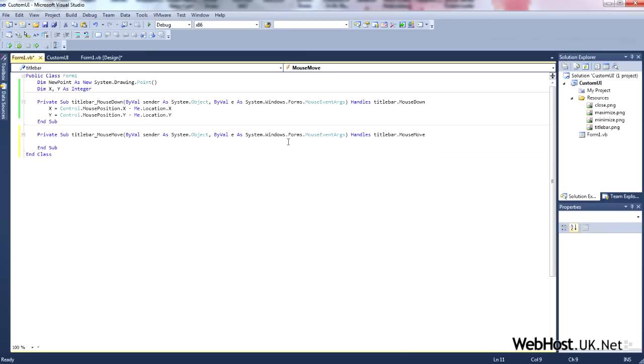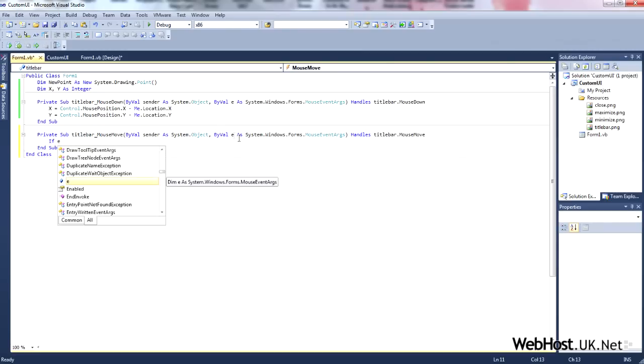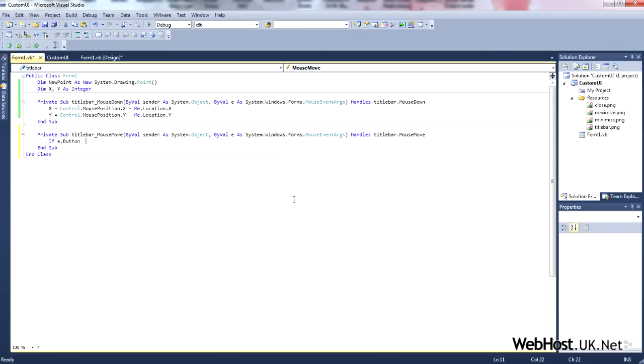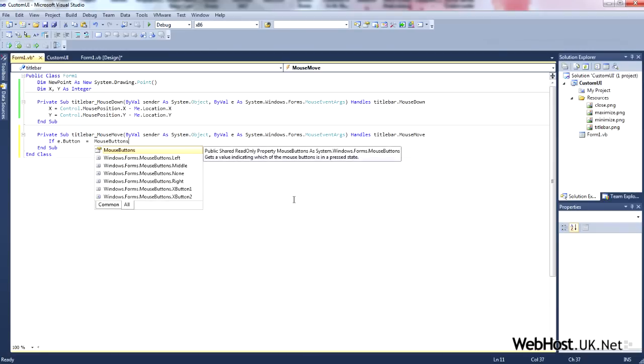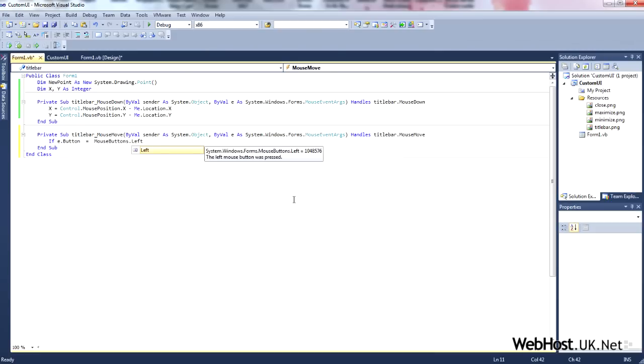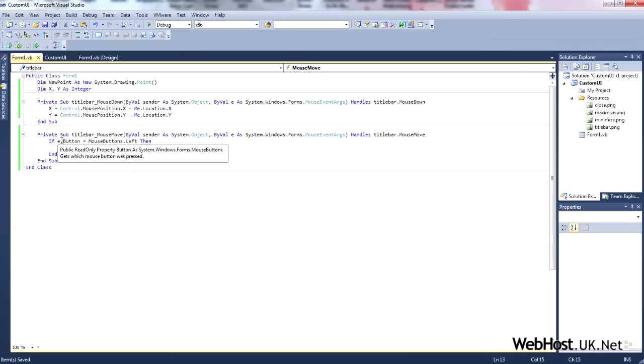So what we're going to do is create an if statement. If e, this is where this e comes in, dot Button equals MouseButtons.Left, so this is the left mouse button, then push enter, and it should automatically put in the End If. If it doesn't, just type it. So it's saying, if the button that's being held is the left